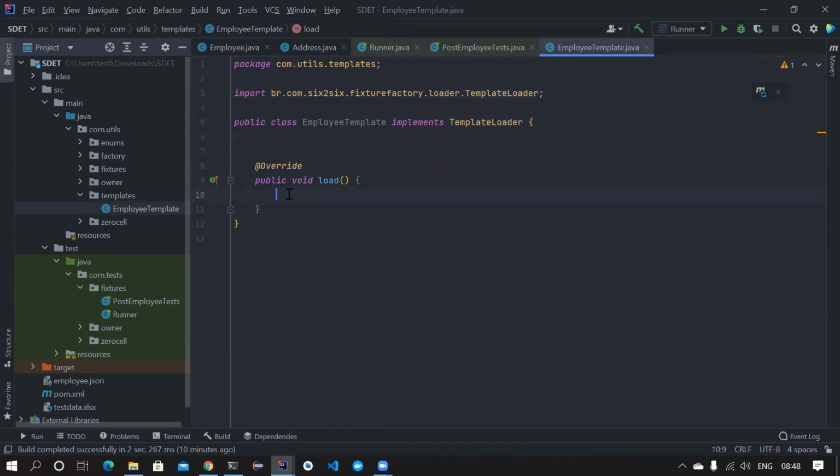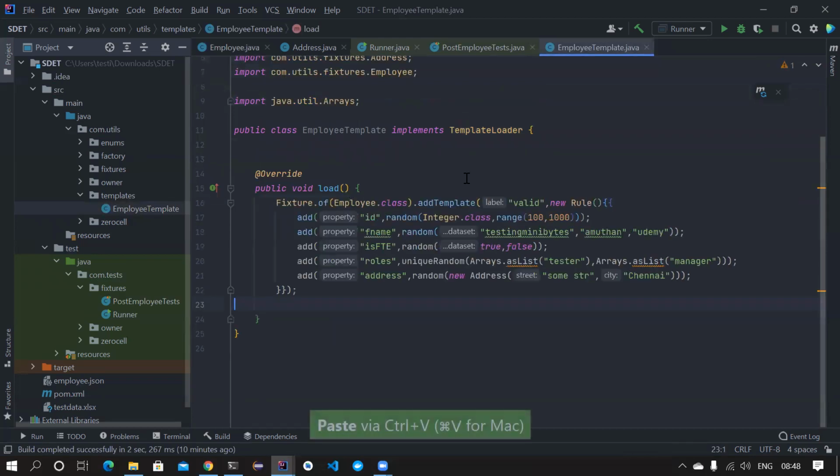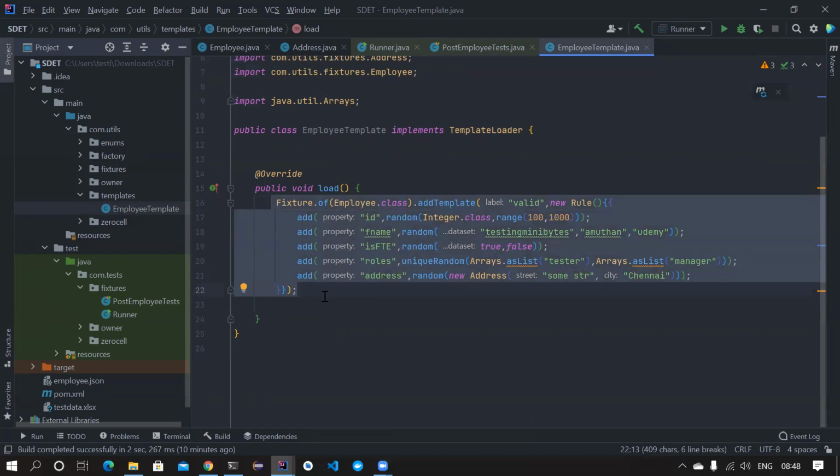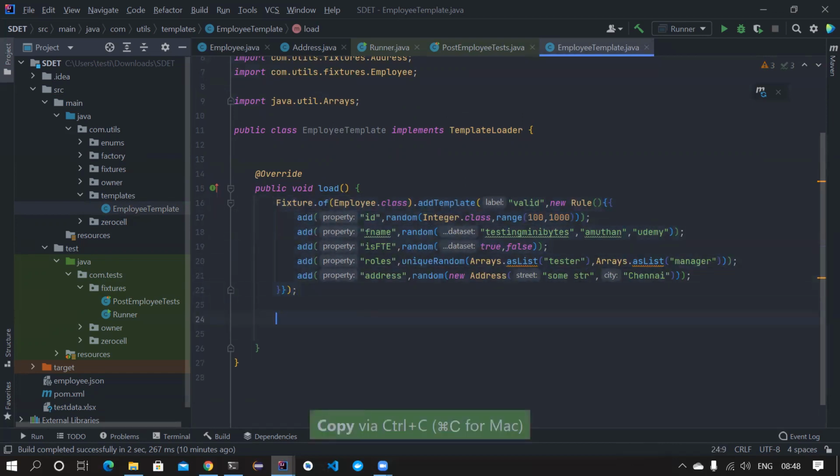So it automatically loads whatever templates you are giving inside this load method. It will load them into memory. This TemplateLoader is coming from your Fixture Factory. So I have written some logic, and whatever template I have given, I have given it here. Suppose I want to create more templates, you can copy it and paste it.